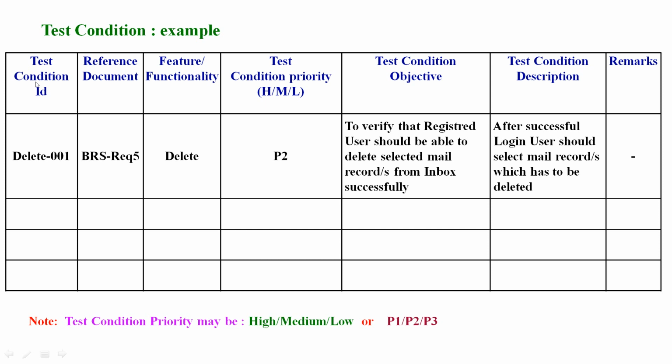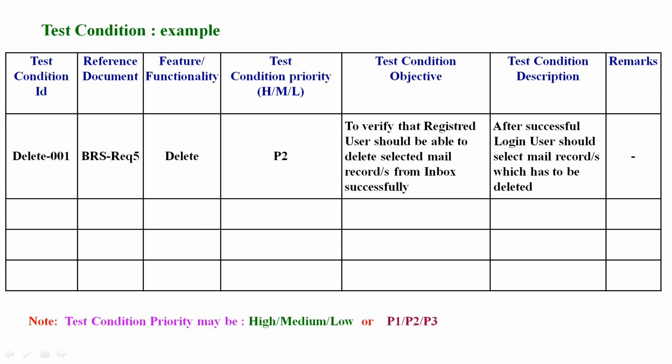Now, I am writing a test condition for the delete requirement from the BRS document. In the business requirement specification document, there is a delete functionality. For that particular requirement, I am writing the test condition here. So, just for better understanding, I have used this ID number as delete-001.